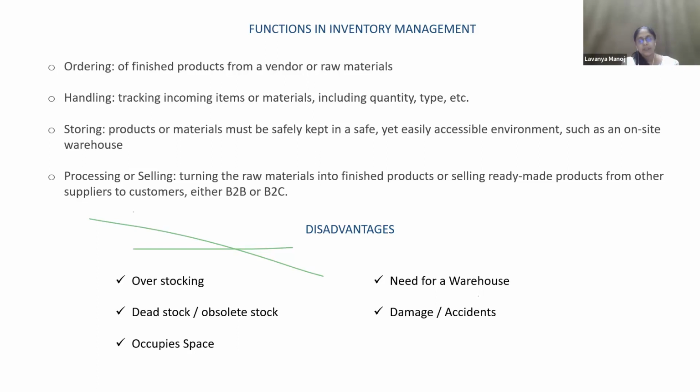The second rule is that even the smallest unit has to be documented. When it comes into the storage, it has to be documented. Previously, physical documentation was done, but now with RFID scanners, scanning is being done on all the units. So documentation is the second most important rule in any warehouse. Anything, even the smallest unit, has to be documented.